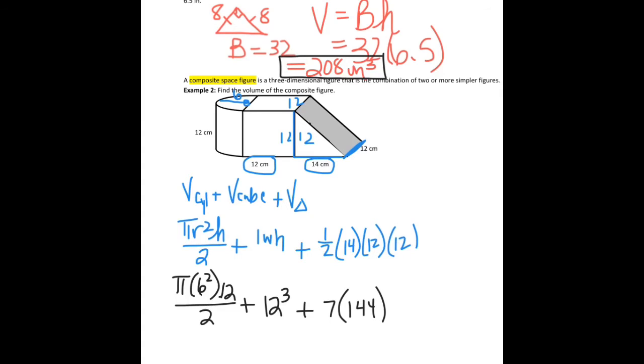And I'm going to plug all of this into a calculator. So 36 times 12 times pi divided by 2 is 678.58